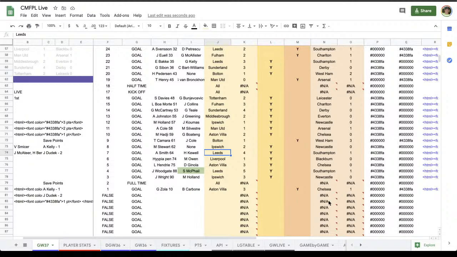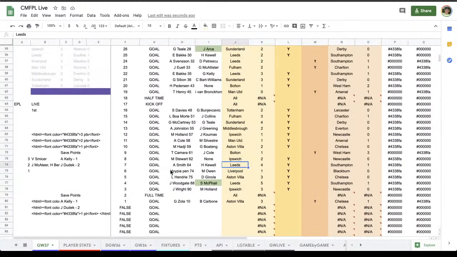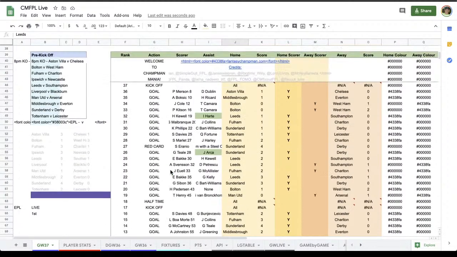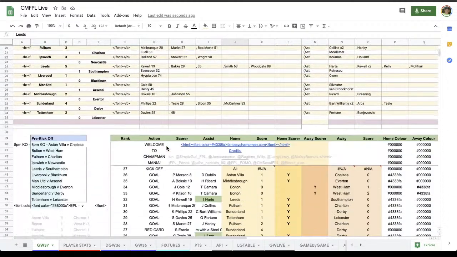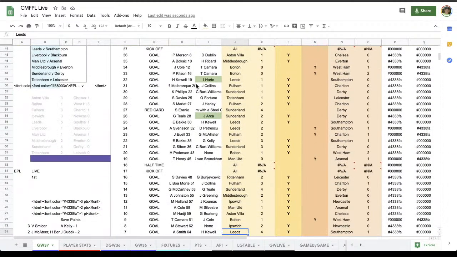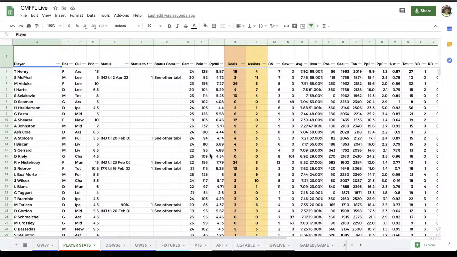So that's it. That's the goals. That's essentially what we do every time a goal goes in. I guess the only other thing, if it's one of the more popular goal scorers, I've got a tab here for player stats, which gives me a list of every single player. To be honest, the only thing we need to worry about here is the goals, the assists,